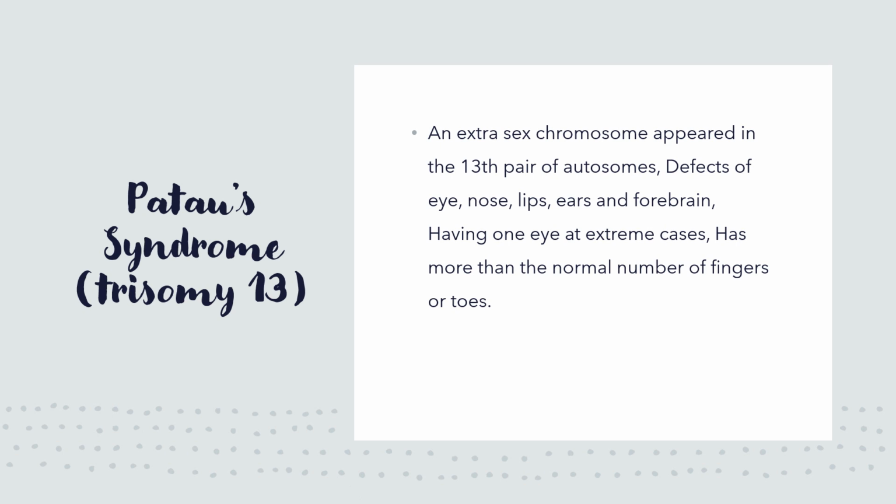We have Patau's syndrome. In Patau syndrome, an extra chromosome appeared on the 13th pair of autosomes. In here, there are defects of the eyes, nose, lips, ears, and forebrain. So forebrain, that's really sad because now it doesn't involve just the physical. Well, sex-linked or non-sex-linked abnormalities, they have abnormalities that are evident not just physically, also behaviorally, and also in their intellect. Well, in here, it was very much emphasized that they have an abnormality in their forebrain because it was now researched. Going back, in Patau syndrome, they have one eye,